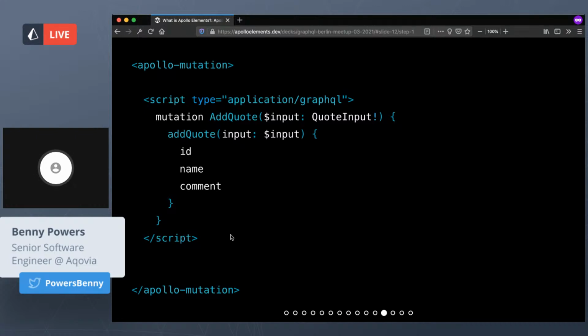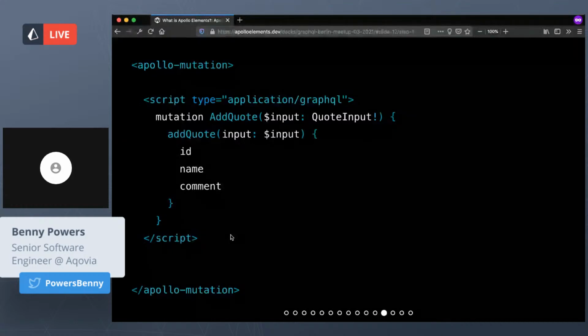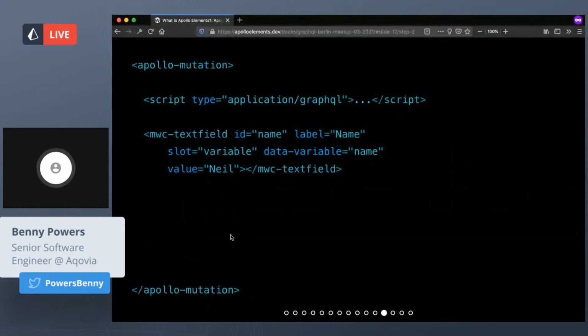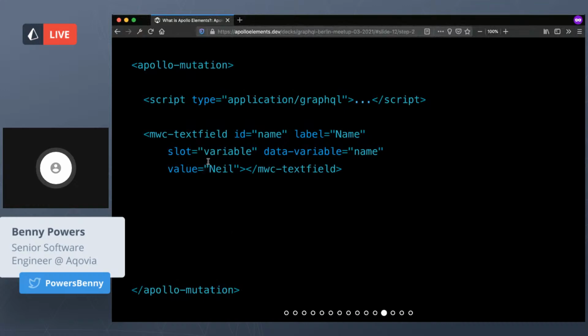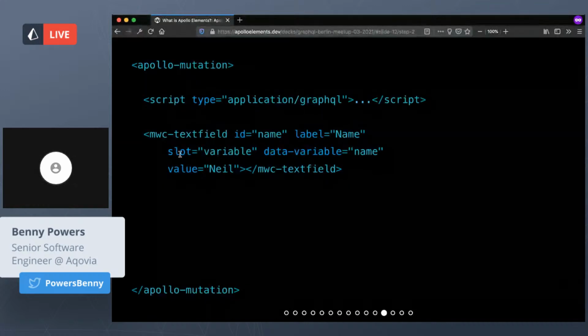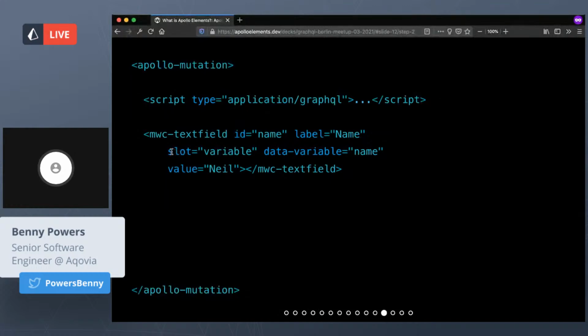But what about the variables, right? So we have an input object here, which is a quote input. How are we going to set those variables? Well, we can bring in an input web component, let's say. And if we put it in the variable slot, which you can see here on the second line, slot equals variable. Slot is a web components feature. So that says that this element here slots into a specific named slot on the parent, on the Apollo mutation